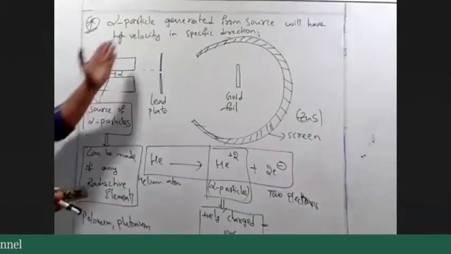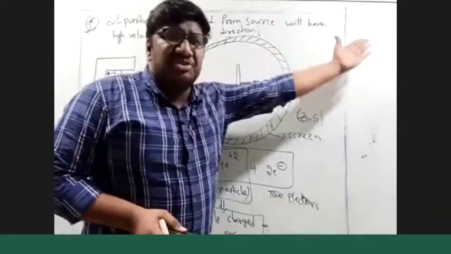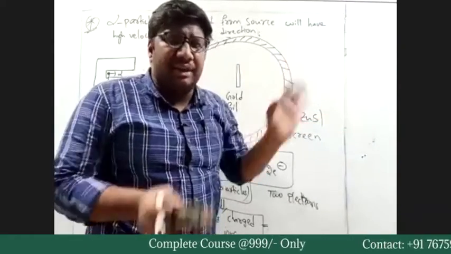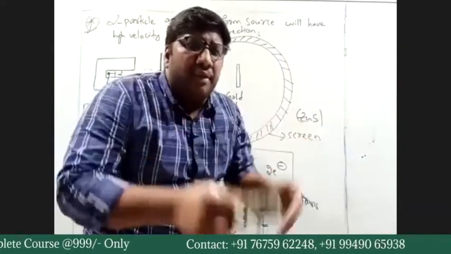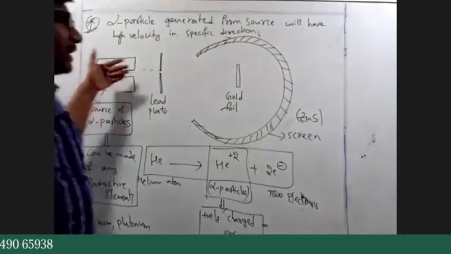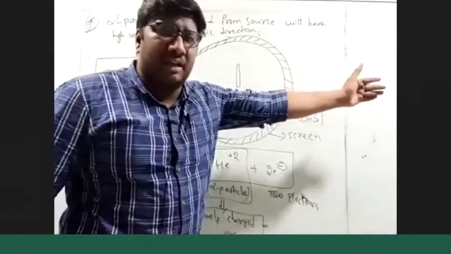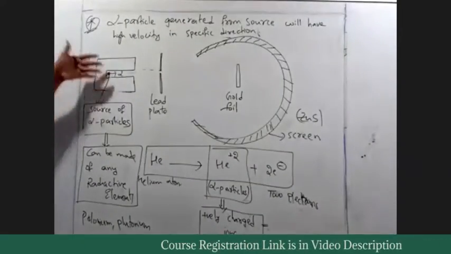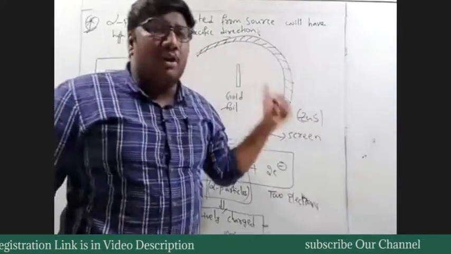We cannot restrict the direction of velocity of the alpha particle generated. We cannot decide that. But if we want to make the alpha particle travel exactly through the gold foil,